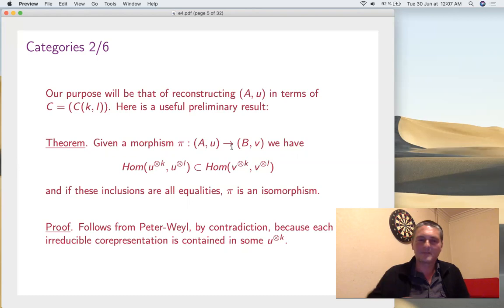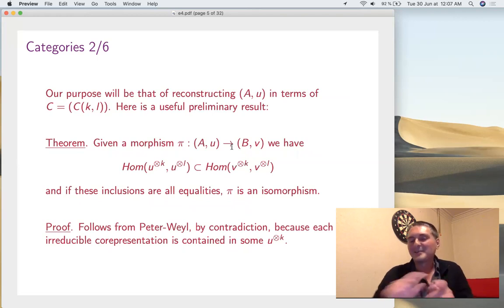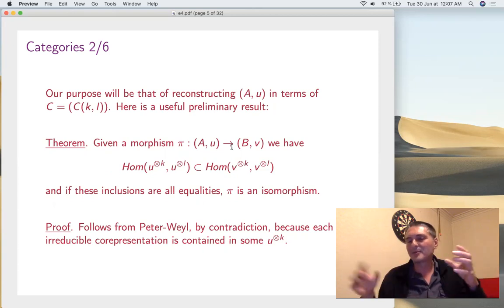So that's your proof. Now, the reconstruction problem is solved for quotients. As long as you are in a quotient situation, your category describes the quantum group. Now, of course, we want to do it without any quotients. We want to prove that for any A and B, arbitrary, not related by a quotient operation, if the categories are different, then A and B are different. So that's the thing to be done.